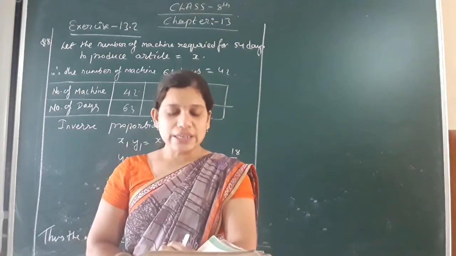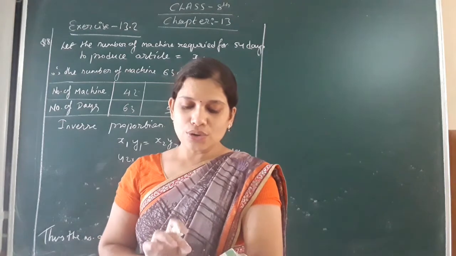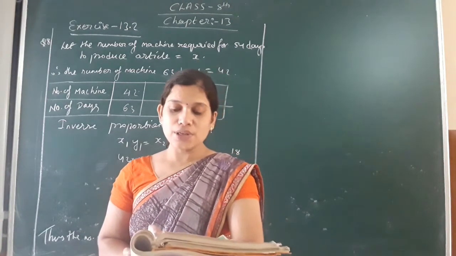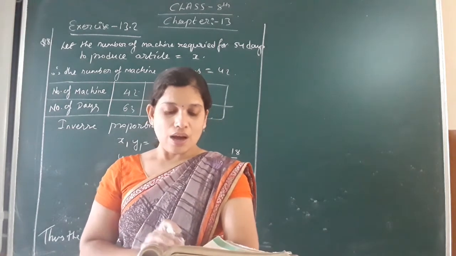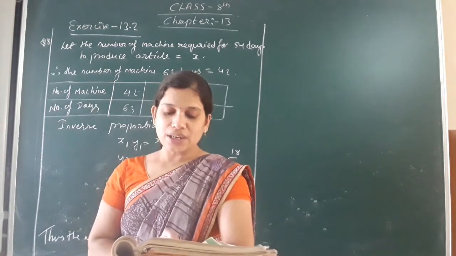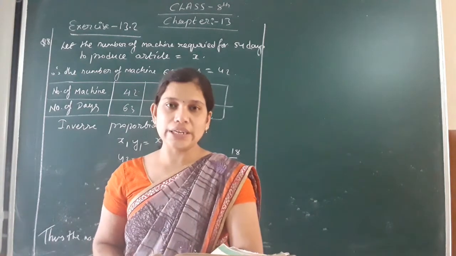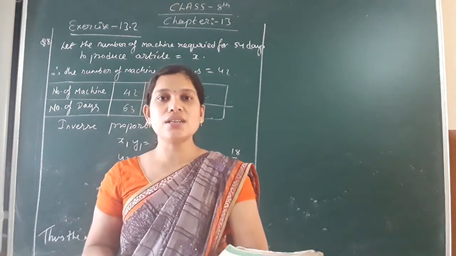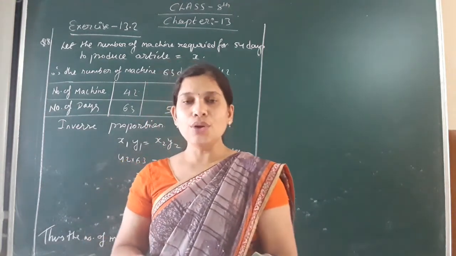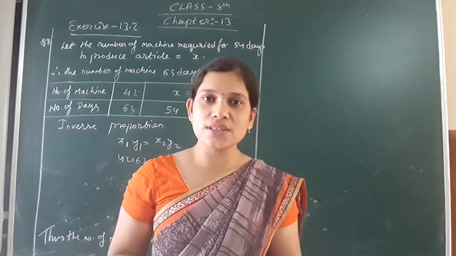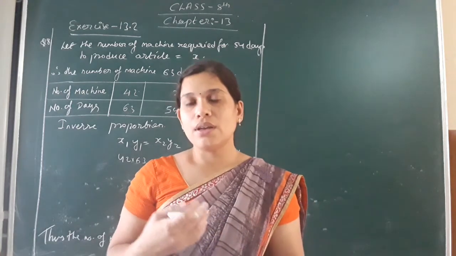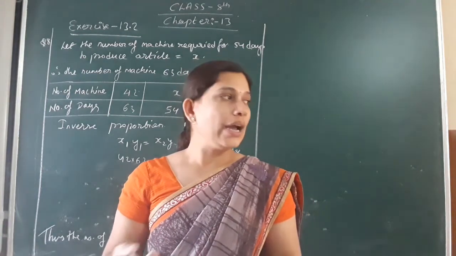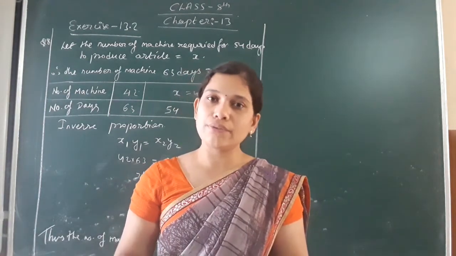In question number 9 it is said that a car takes 2 hours to reach a destination by traveling at the speed of 60 kilometers per hour. How long will it take when the car travels at the speed of 80 kilometers per hour? In order to reach any destination, any place you want to go, there is a distance between that place and our house, how much time it will take, and during 1 hour how much distance we have to cover.